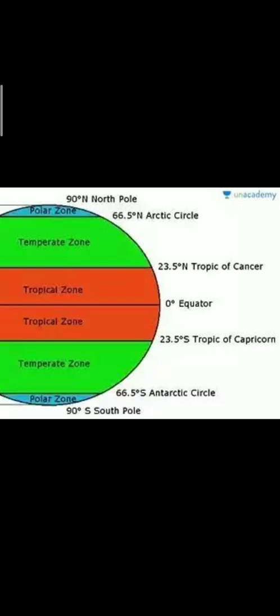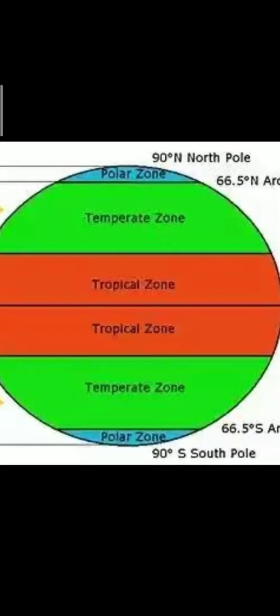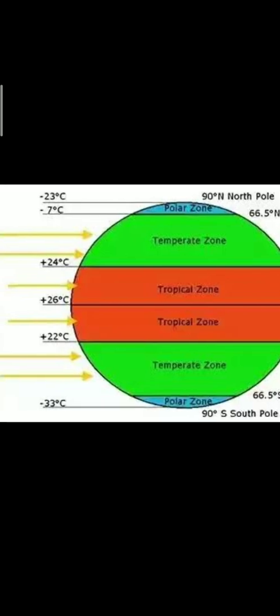Clear kids? This we did last time. Now today we'll learn about the different zones. Now what are zones? Look kids, can you see the yellow straight lines? These are the rays of the sun. Can you read the word sunlight? Yes, these are the rays of the sunlight falling on the earth.